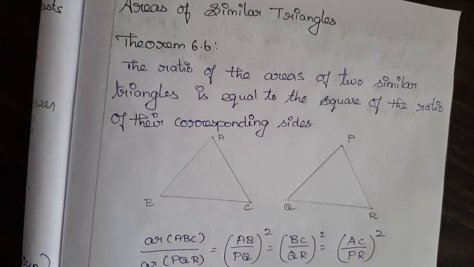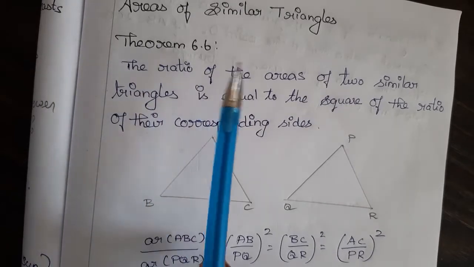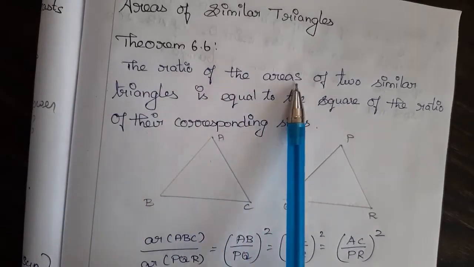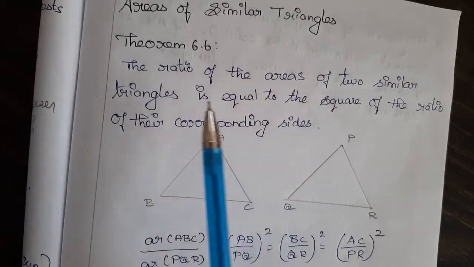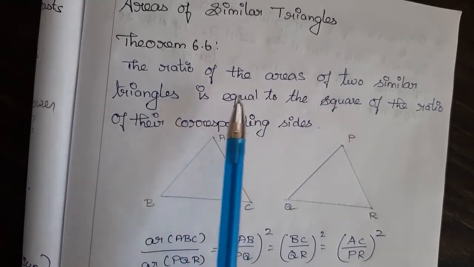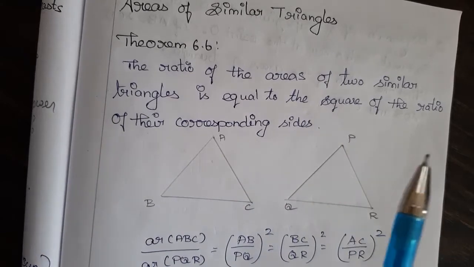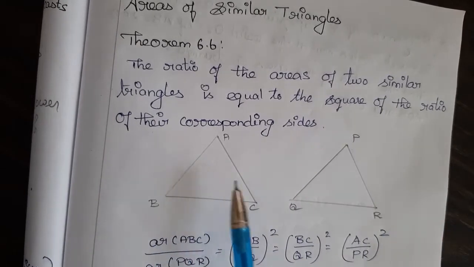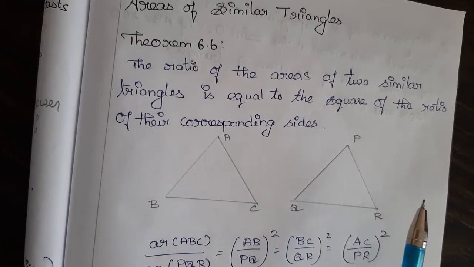Hi students, today we are going to learn about areas of similar triangles. Theorem 6.6. The ratio of the areas of two similar triangles. If the triangles are similar, then the ratio of their areas is equal to the square of the ratio of the corresponding sides. That means, considering triangles ABC and PQR, if these two triangles are similar,